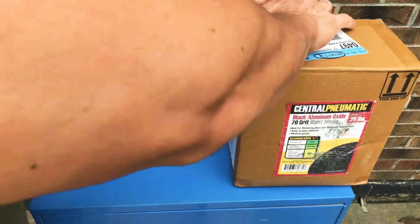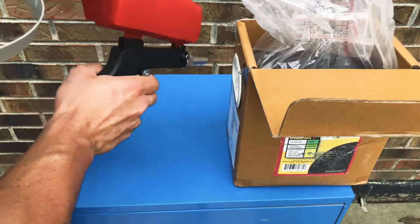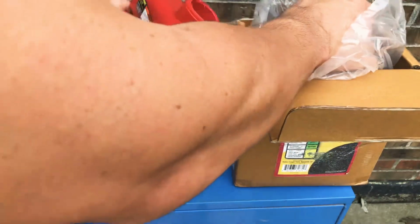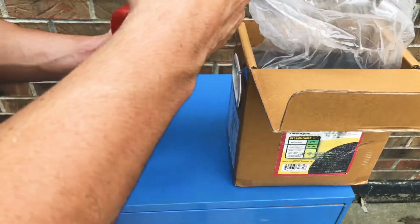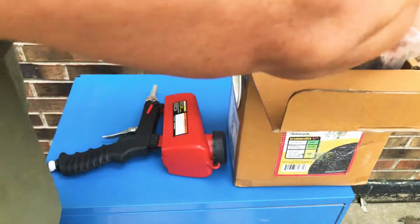Let's open up our sand. Have a cup. Lid just pops off, pops on, pops off. Not going to put a ton of sand in. This video is just for demonstrational purposes. I haven't used it yet myself, so